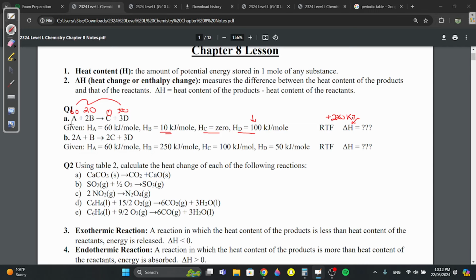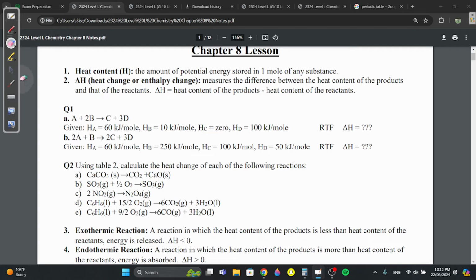Here, 2A, so A is 60, so 2 times 60, 120. B is 250, so 250. And then the products, you have C is 100, so 2 times 100 is 200. 3 times D is 50, so 3 times 50 is 150. So you add these up, you get 350, and then you subtract these, you get negative 20 kilojoules. Okay,